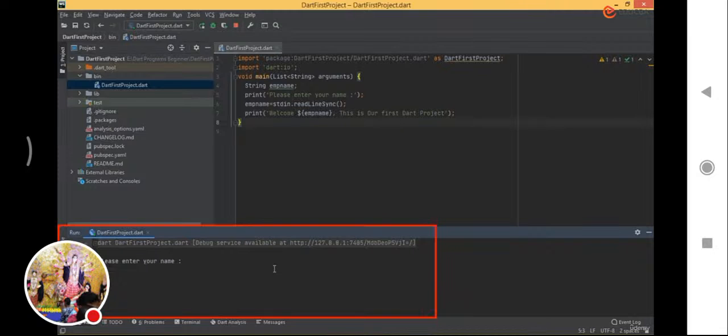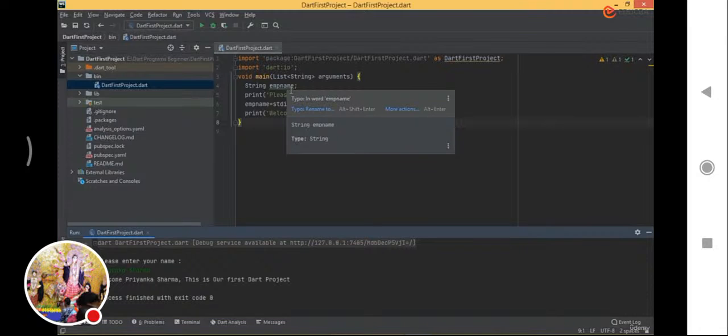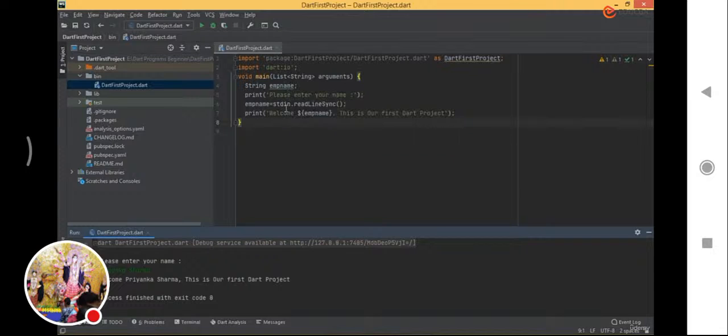This time we enter, say Priyanka Sharma. Now it prints welcome Priyanka Sharma, this is our first Dart project. So now we are not giving any solid value for emp name in our program. What we are doing is we are keeping it dynamic. So we are accepting it from the user, storing that in the variable which we have created using the standard